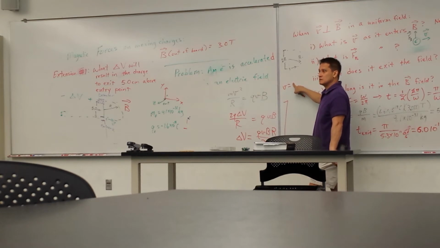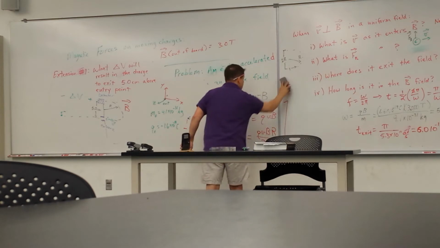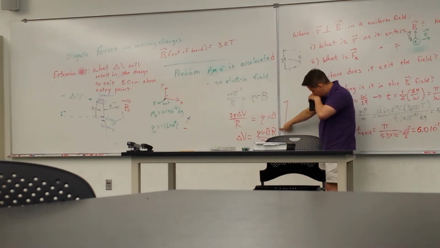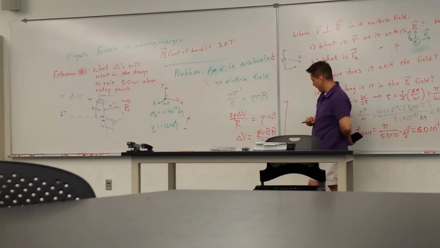And what we did before, when we were trying to figure out where the electron exited the field, we had R equals 4qV over F. I just canceled those q's out. Yeah, q's go away. vB, and then I ended up doing 0.5 over 4,